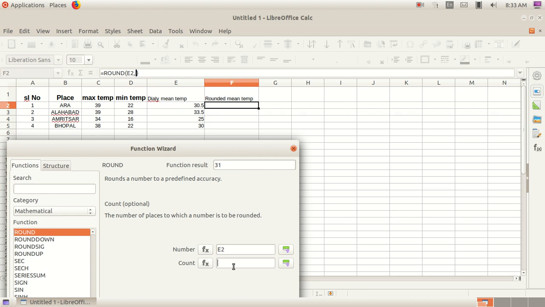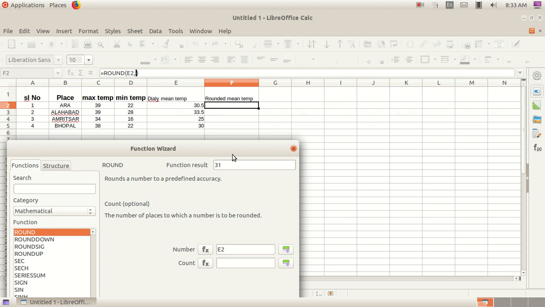Then at the place of count we can add how many digits are to be displayed after the decimal point. So we need not give anything, or we can give 0 here.